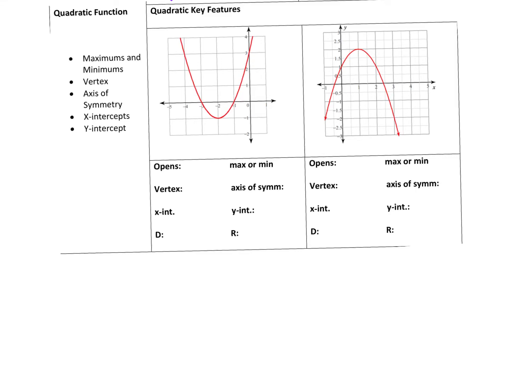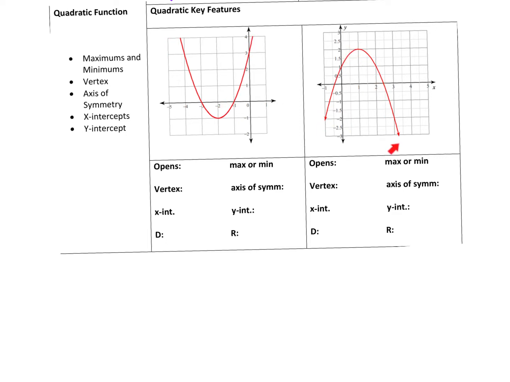So the next function we're going to talk about is what we call our quadratic function, our quadratic key features. And a quadratic is the U shape, and it's a symmetric graph, which means it's the same on both sides. And so when we talk about it, first we're going to talk about how does the graph open? Do the arrows go up like they do in this picture, or do they go down like they do in